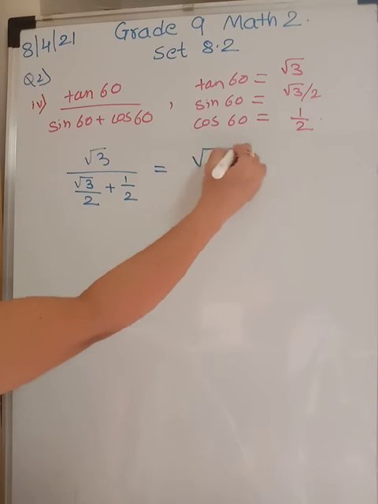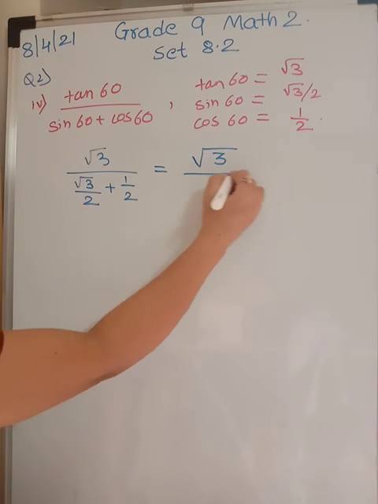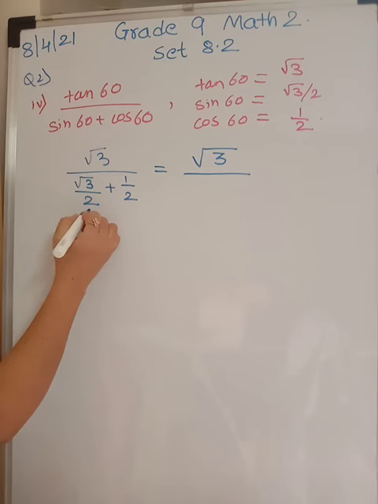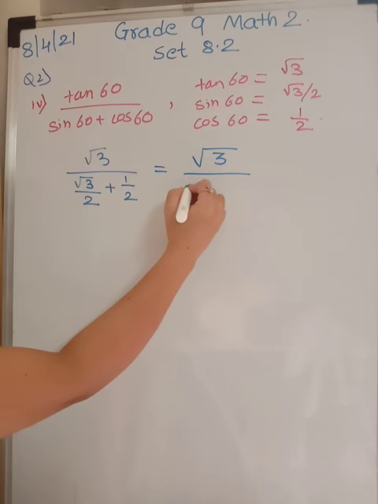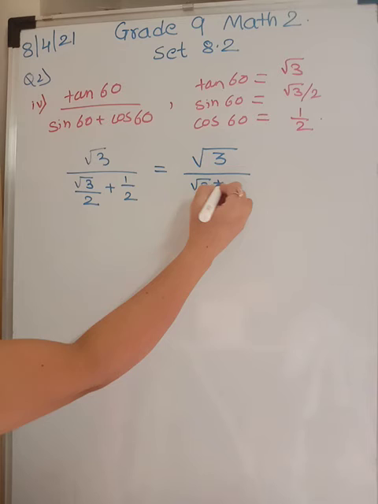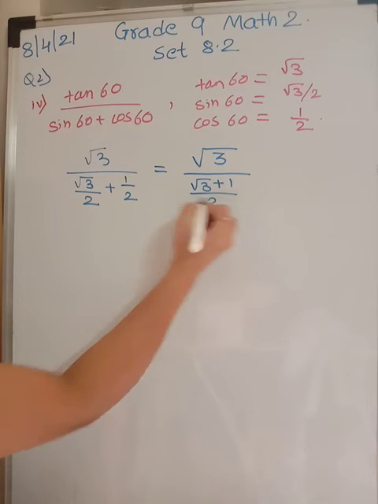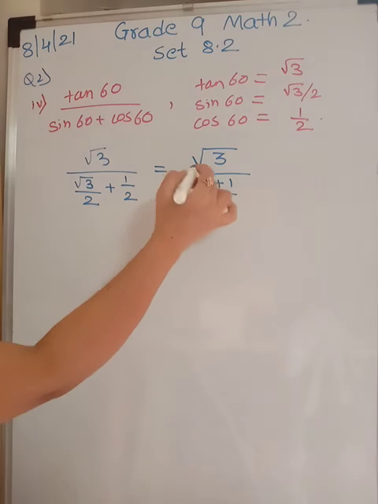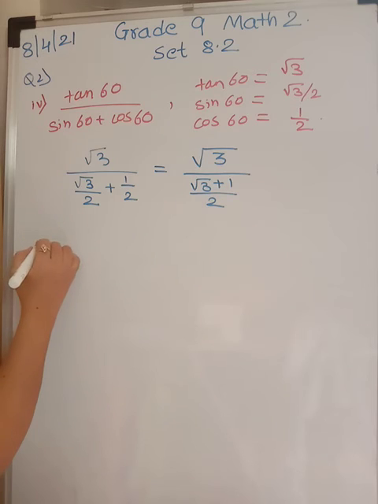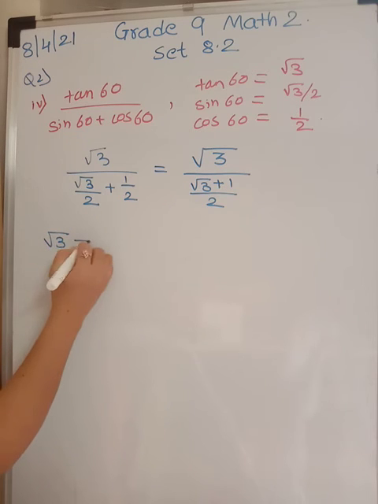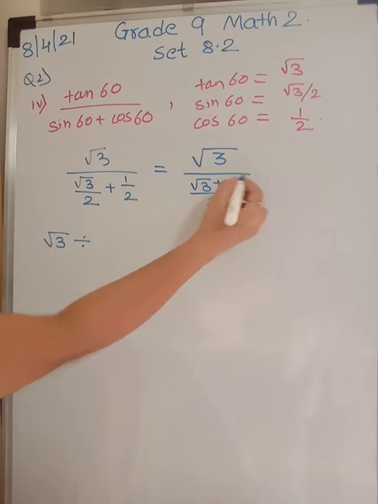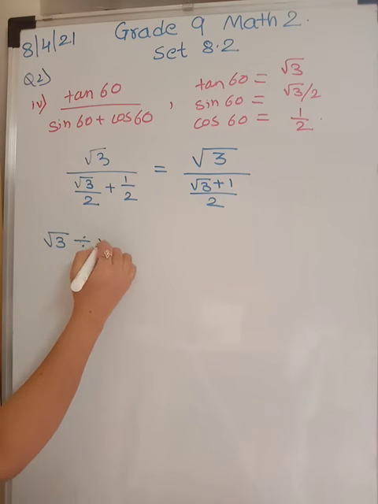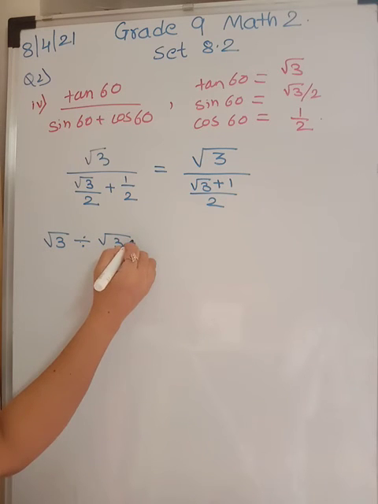Root 3 remains as it is over here. Divide by. Are the denominators same? So we can add numerators directly. So it will be root 3 plus 1 upon 2. Okay. Now this is complete division sign. So how I am writing, just see, it is root 3 divided by, for this upon I am writing divided by, you have root 3 plus 1